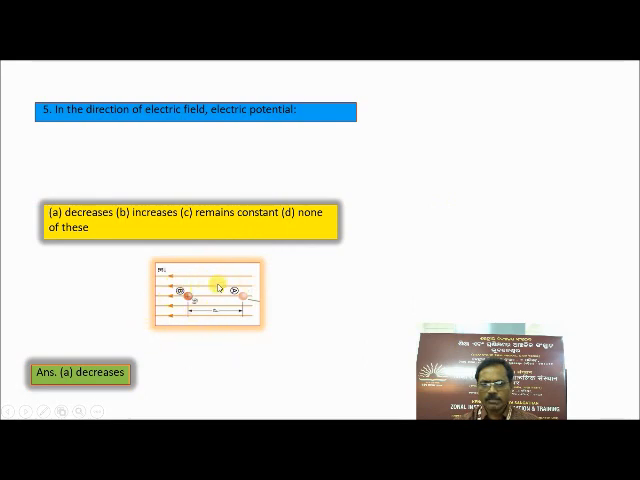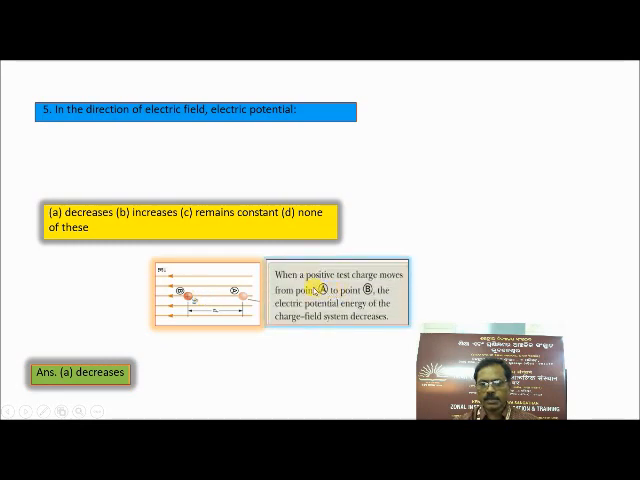See the diagram: a uniform electric field means equally spaced lines in the same direction. The test charge is moving from point A to B, so the movement itself is called work done. When a positive test charge moves from A to B, the electric potential energy of the charge-field system decreases. So the work done is nothing but potential